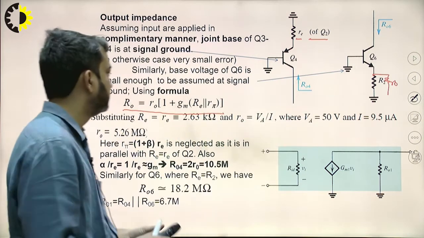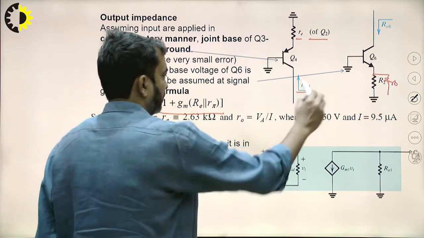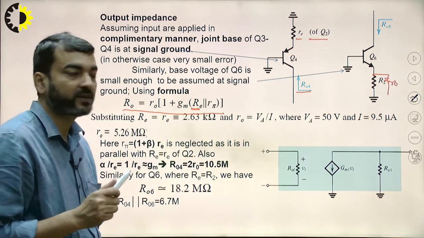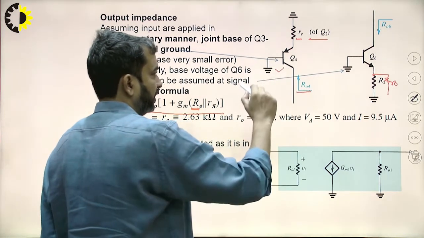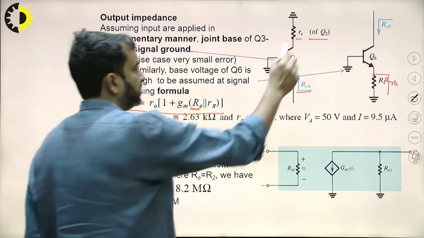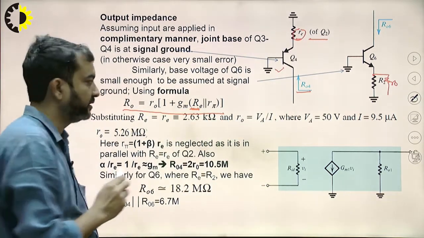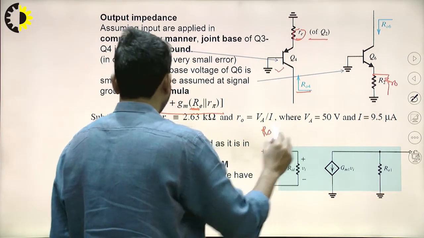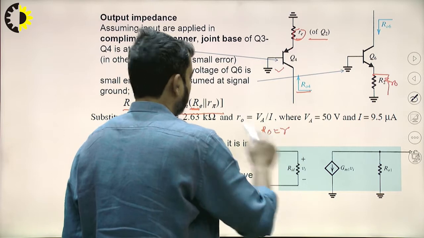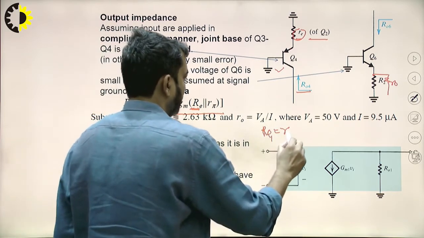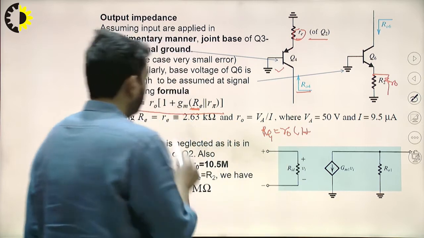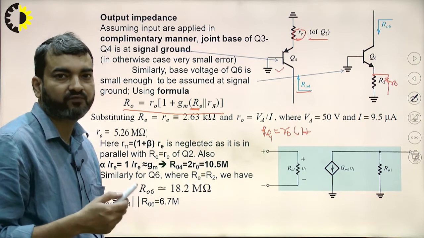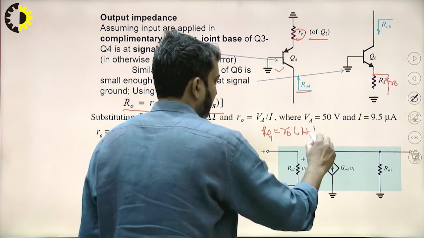If we are using this formula for calculating resistance R0, here this Re is the external resistance, not the internal resistance. If we are focusing on this transistor, the external resistance capital Re is nothing but small re. So we will write R04 is equal to R0 times 1 plus Gm, which is nothing but alpha by small re, or we can write this as 1 by small re.